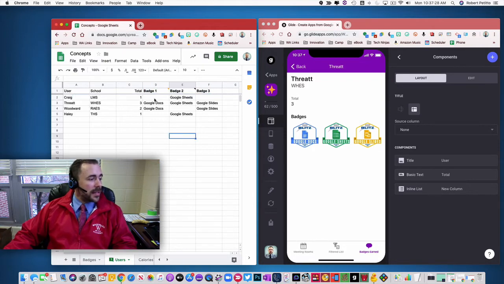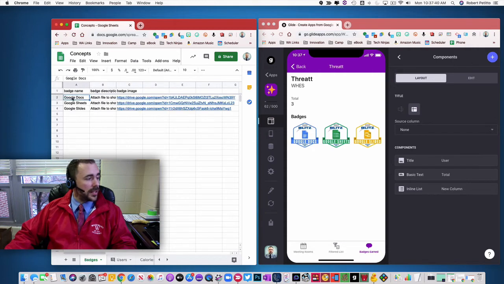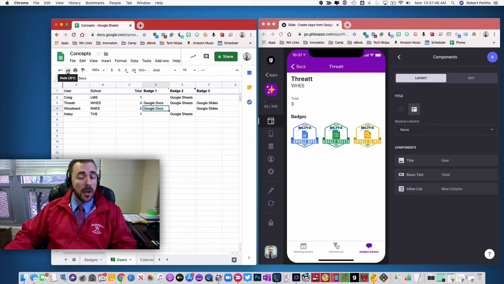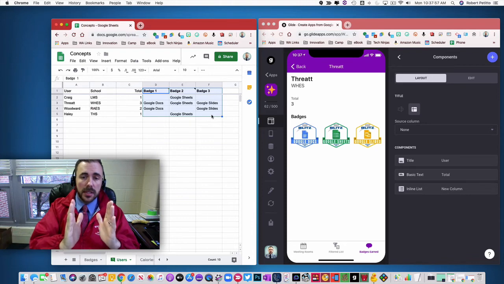All right, so then instead of putting an X in these to keep track of your count, what you can do now is put the name of the badge in those cells as well, because this is now going to reference the same name as the badge name in your previous sheet. When you set it up like this, what Glide does is automatically create an array column with this information. So it allows you to take a whole matrix of information, a whole array, and condense it to one